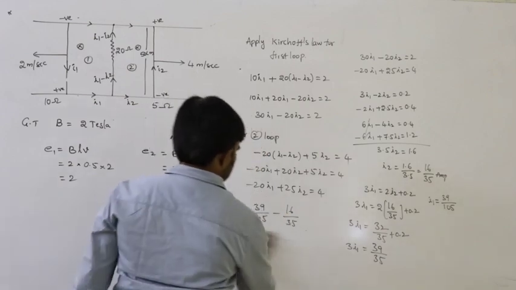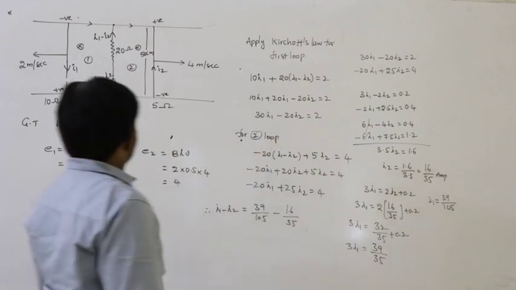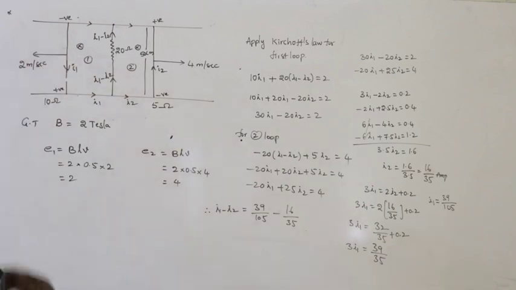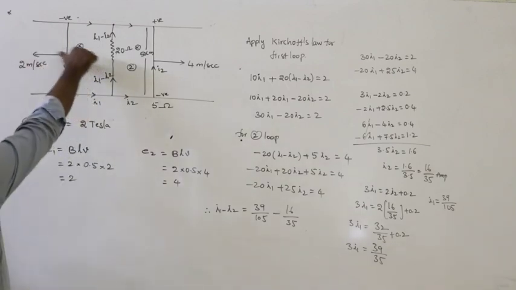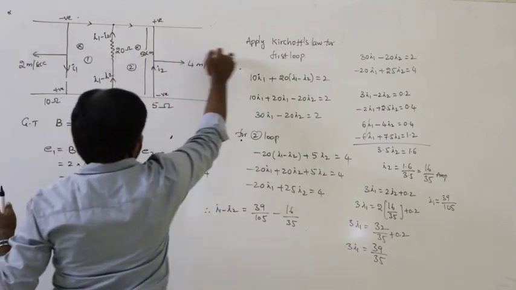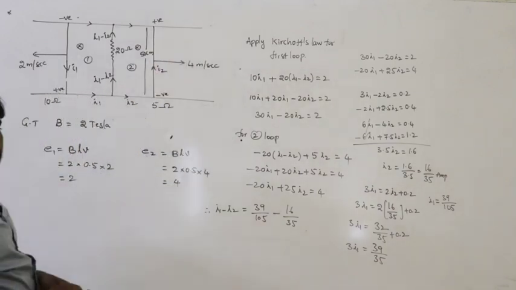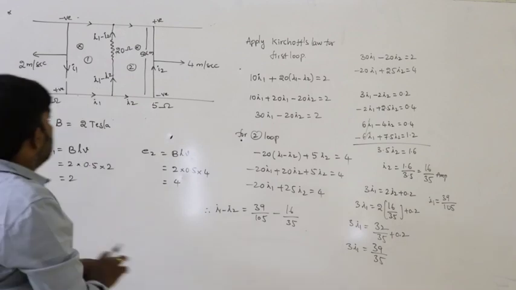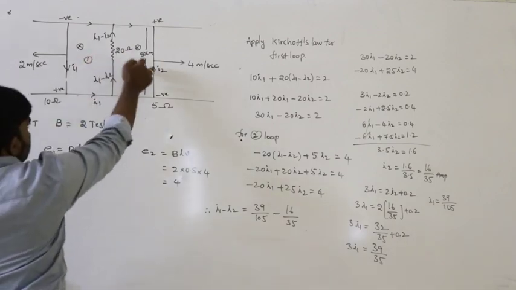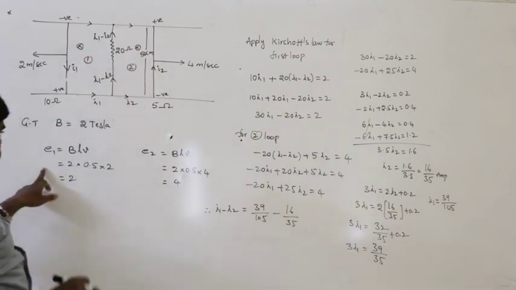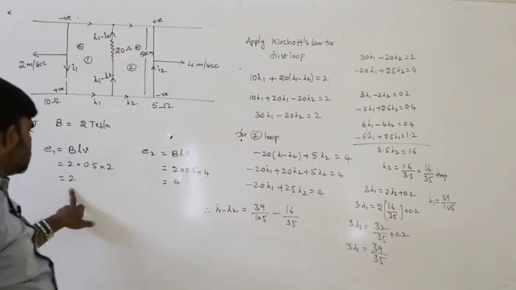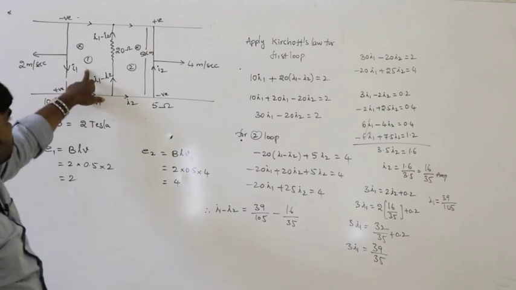So that is the situation. So that is the current path. If the problems are given like that, this is the concept. One conductor is moving in this direction, another conductor in this direction. Now the EMF is here and here, two EMFs are calculated. Here the EMF is more and here the EMF is less, like that.